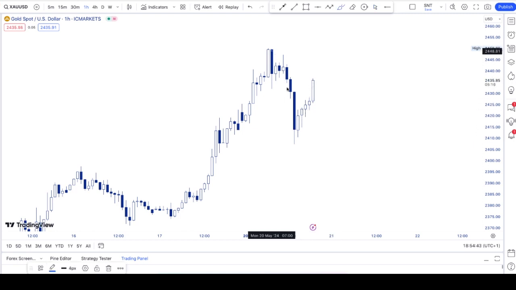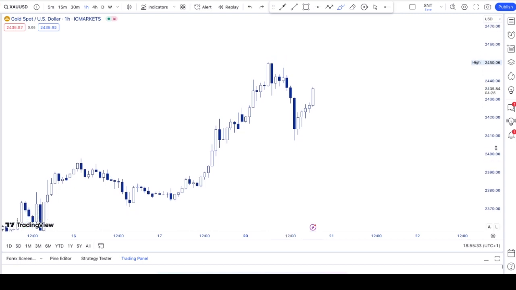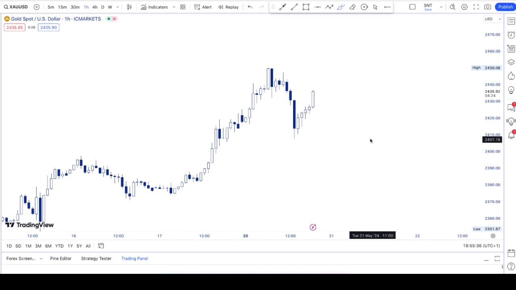And within this move from the London session all the way through to the New York session, there were plenty of opportunities to take buys or sells when it came to trading gold. Now, we do know that gold is in a heavy uptrend and it's been moving up since the 90s, but we're not always going to buy gold. Sometimes there are opportunities to sell gold and get out of the markets and wait for the next opportunity. So when we're trading on the lower time frames, we'll be looking for sells and buys. Now, what do I expect gold to do within the following days of this week?